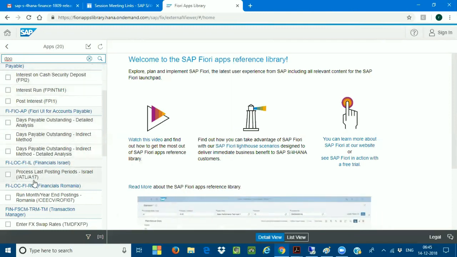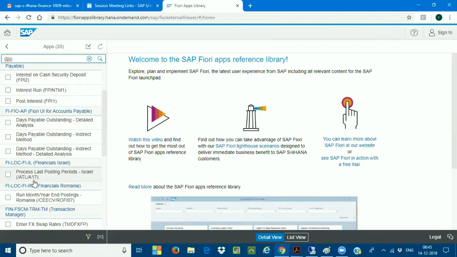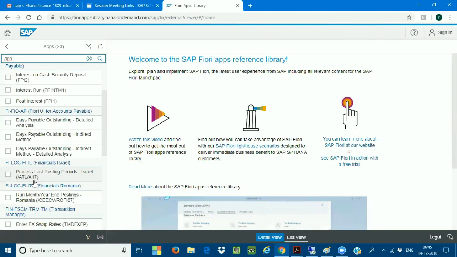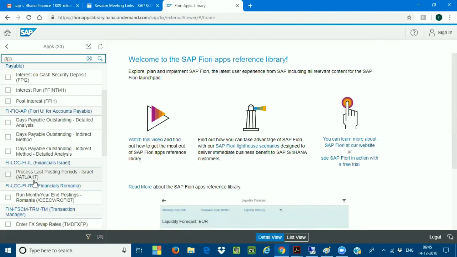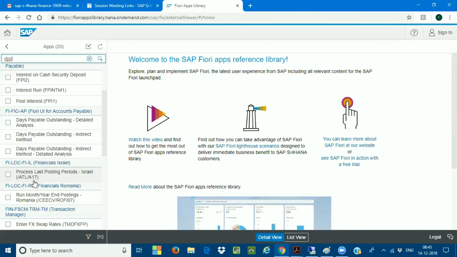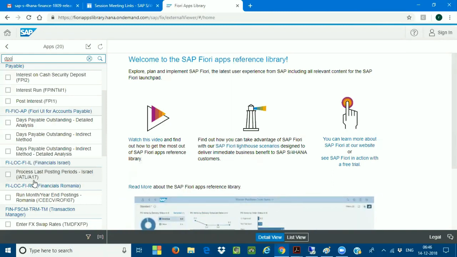Very important: standard apps are available, and you can also customize your own Fiori app. You can take the help of your Fiori consultant, UI5 consultant, and develop a new Fiori application. For example: Hey Mahesh, I looked at all the Fiori apps and there is no Fiori app which meets my requirement. Can you develop one Fiori tile, a dashboard application, and give it to me? Yes, 100%. Give me the requirements, I'll develop it and give it to you. So customized Fiori applications can also be developed. Not to be worried.